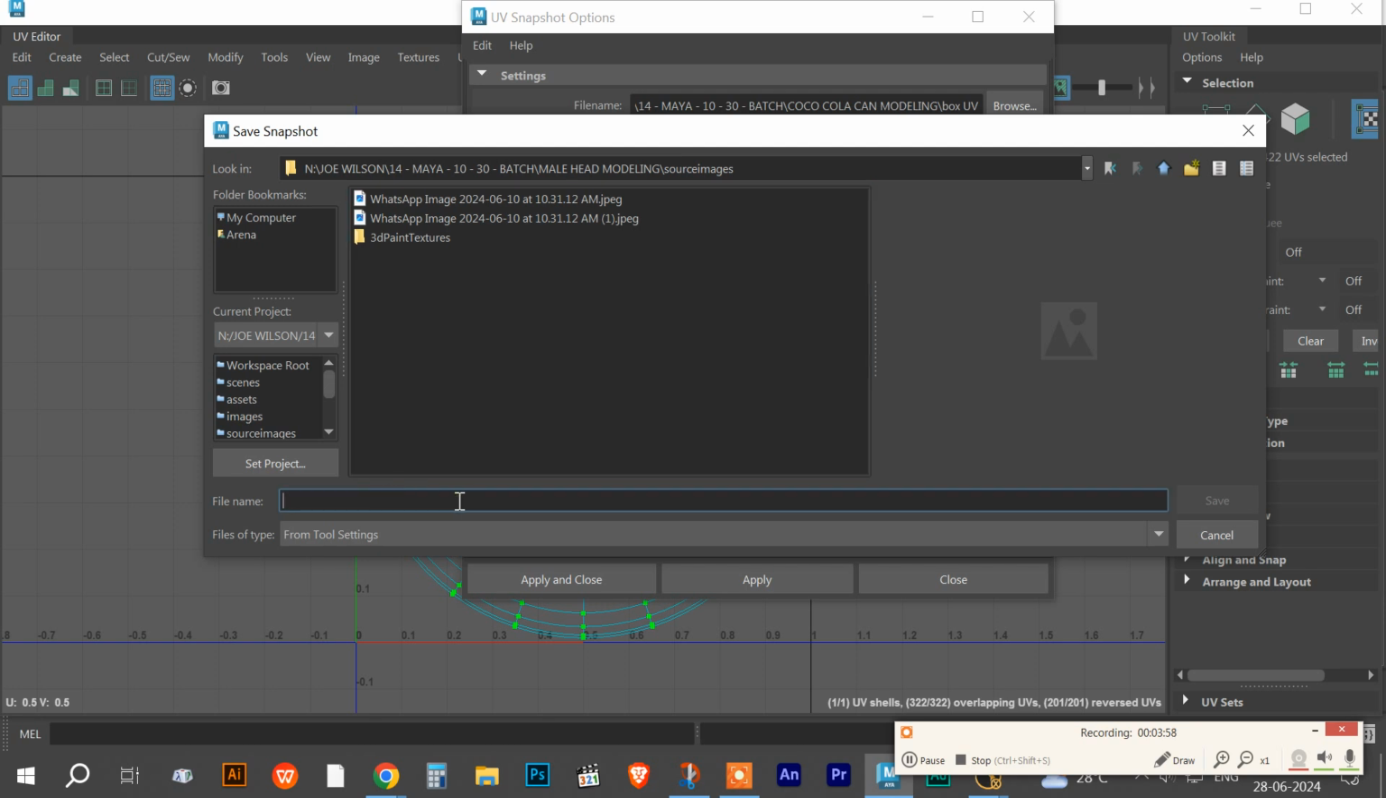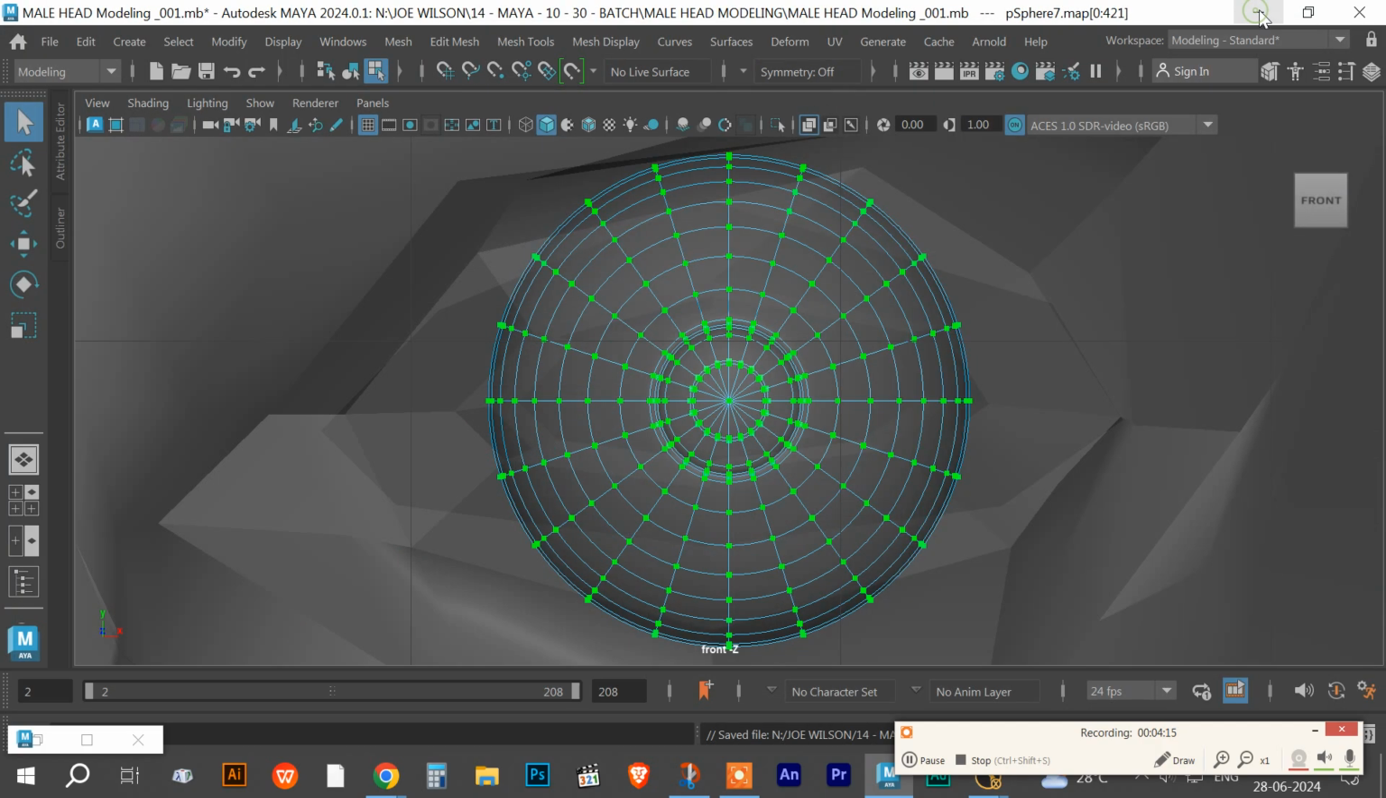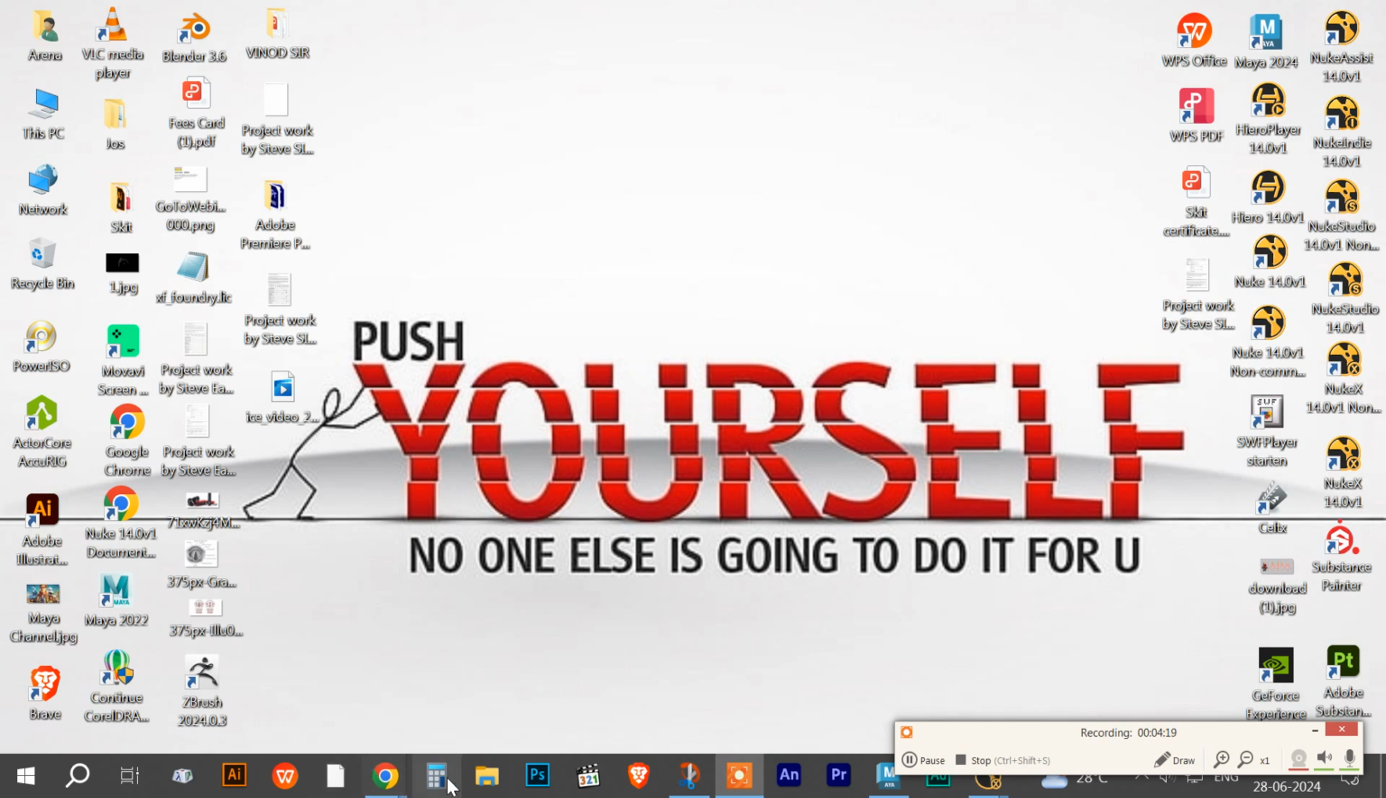So I am going to save I underscore UV underscore male head. So I save this file, I minimize it, then go to the folder,